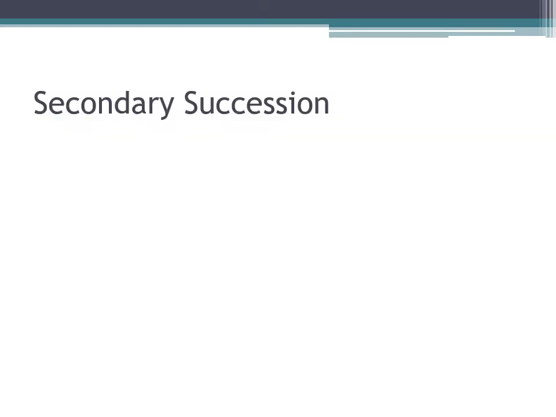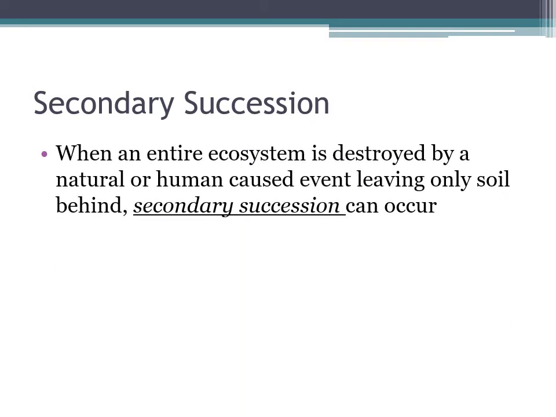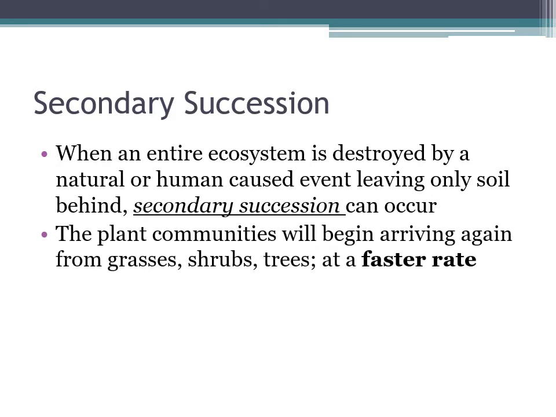After primary succession, secondary succession is another way that plant life can live and thrive. And this is where the entire ecosystem might be destroyed. However, the soil still remains and secondary succession can occur. So something like a wildfire or something that tears down all plant life, okay, you still have the soil base, but everything wasn't destroyed. This means grasses can arrive quicker, shrubs and trees can grow at a faster rate because